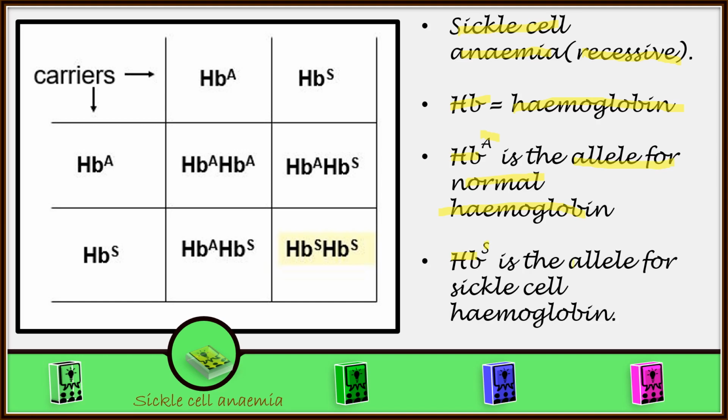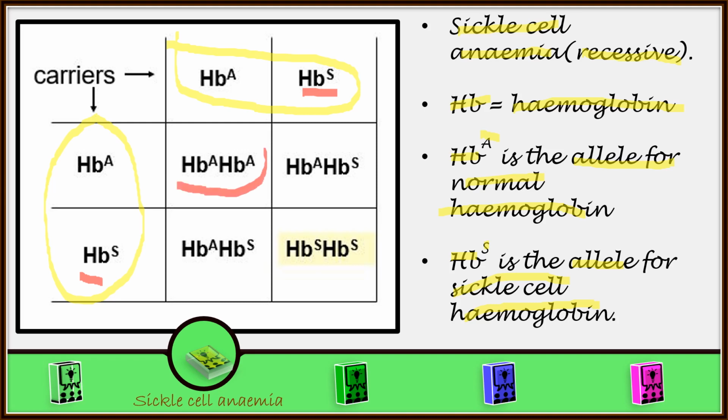HbS is the allele for sickle cell hemoglobin. So if we have parents who are carriers, meaning that they have a recessive allele for sickle cell anemia, and if these parents produce children,